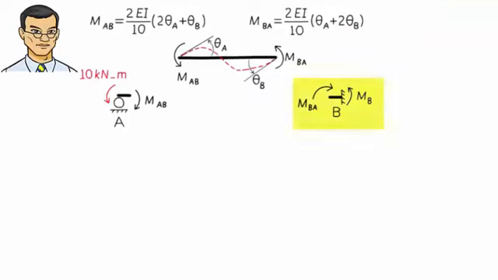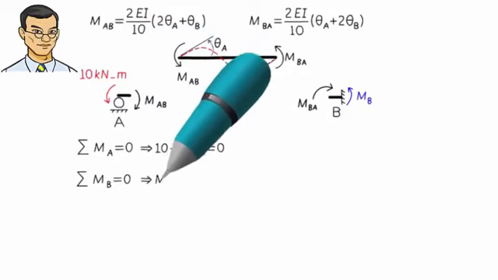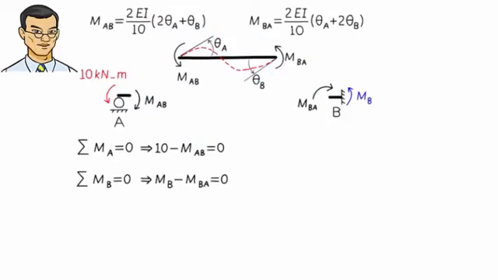Note that at B, in addition to MBA, we have an unknown moment reaction labeled MB. Therefore, joint equilibrium equations become. Substituting this expression for MAB and this expression for MBA in the equilibrium equations, we get